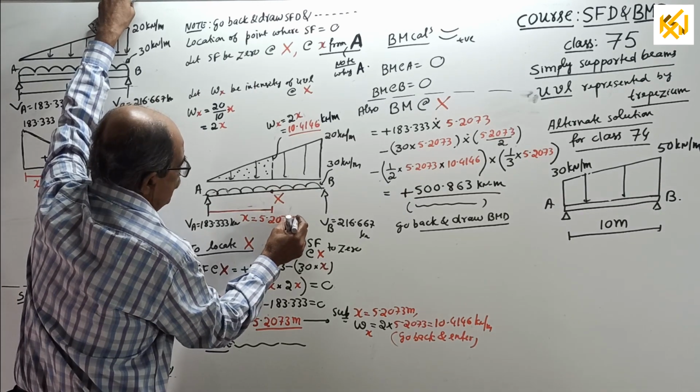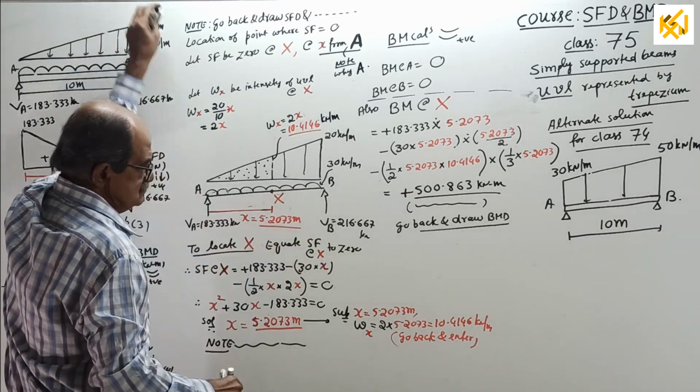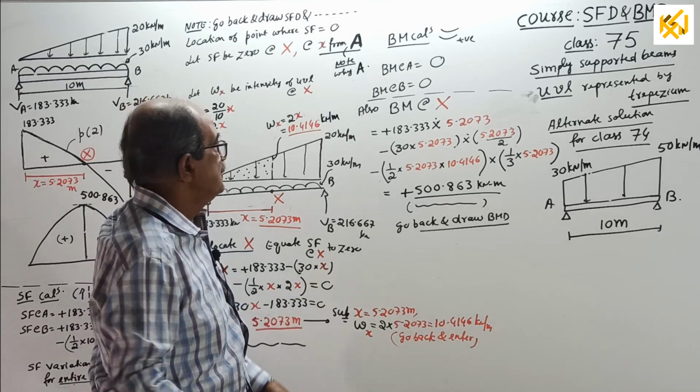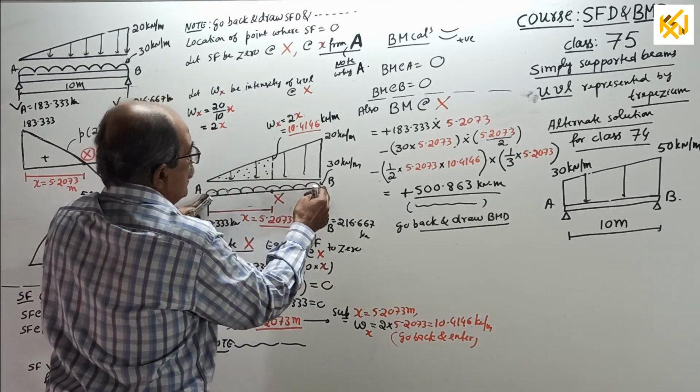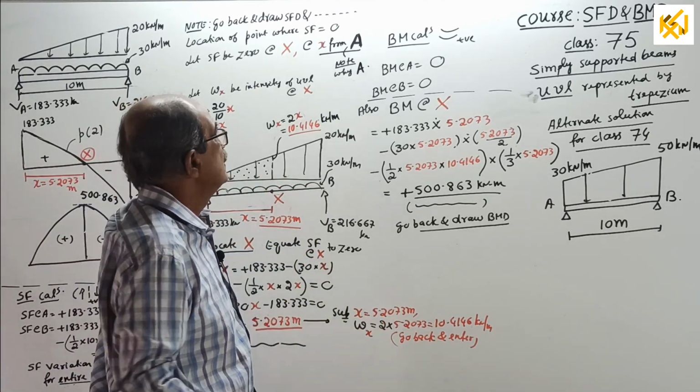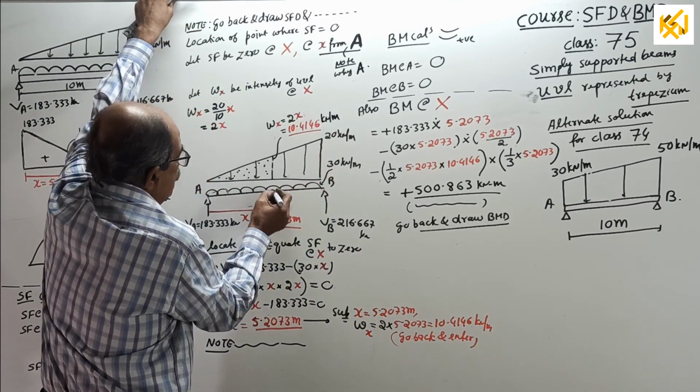5.2073 meter. This is entered by you. Okay, over. Now, BM calculation. BM at A, 0. BM at B, 0. That means no answer. Now, also you require BM at,